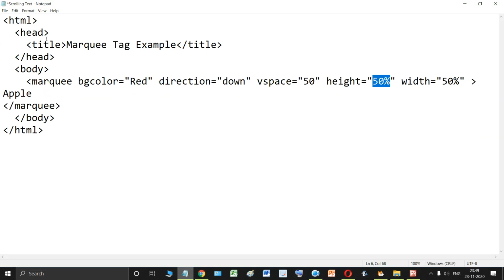So let me make the zoom back to 100%. Now it will make more sense. I have not saved my code. File, save, then let me quickly refresh. Now you can see that this is the default horizontal vertical space that is left, and this height is the same as the 50% height of this page, and this width is the same as 50% of the page.